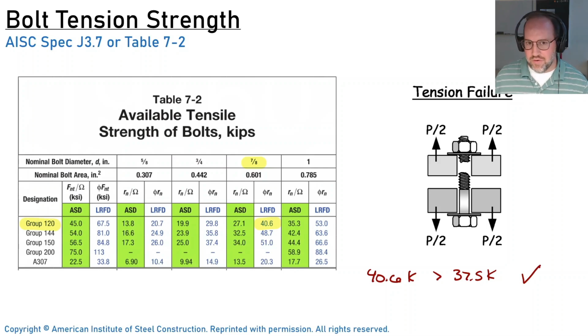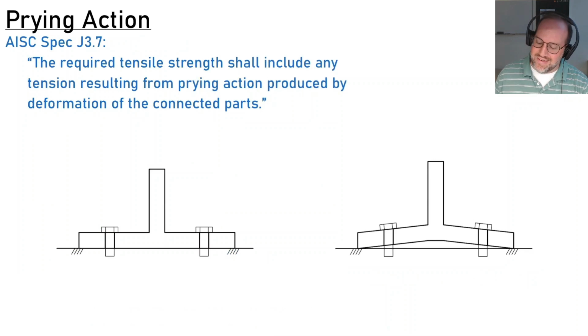Except there is one thing that we neglected. So if you look at the spec a little bit more closely, it says that the required tensile strength shall include any tension resulting from prying action produced by deformation of the connected parts. It's going to send you back to part 9 of the construction manual, where it discusses this phenomenon known as